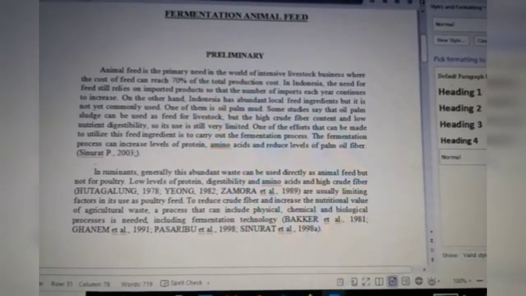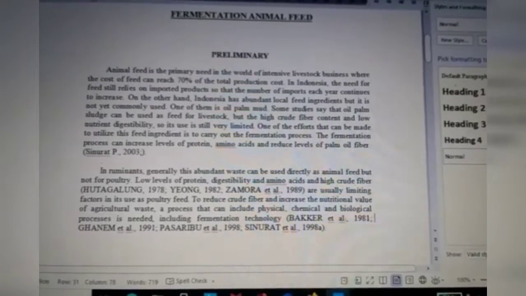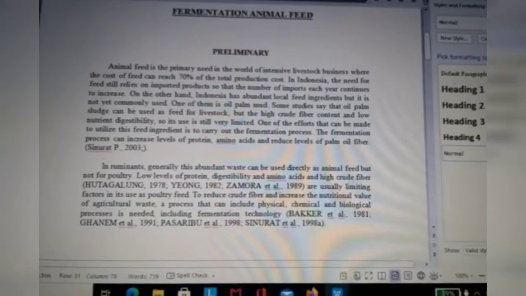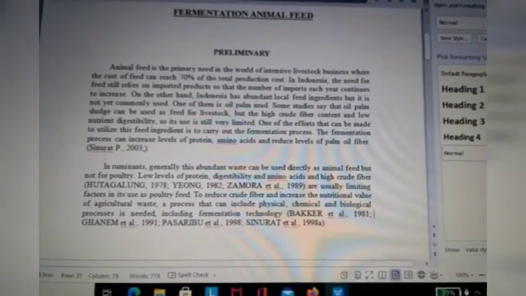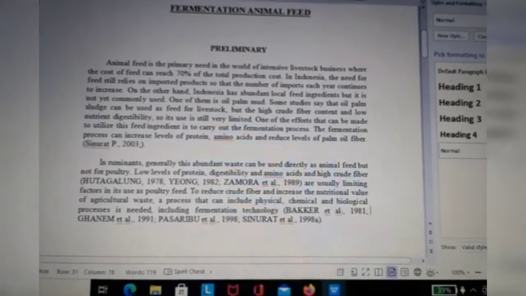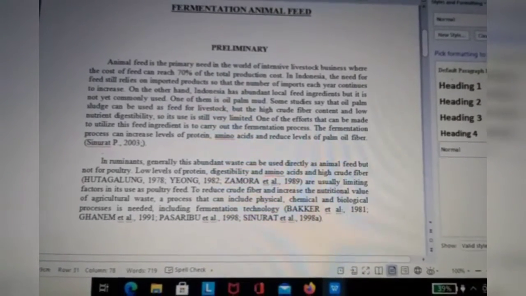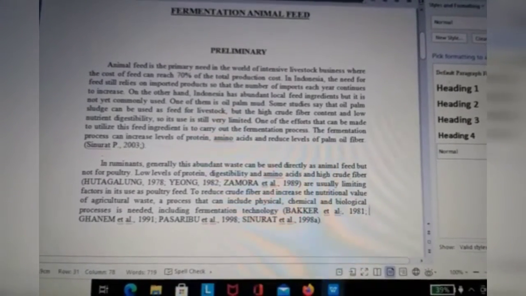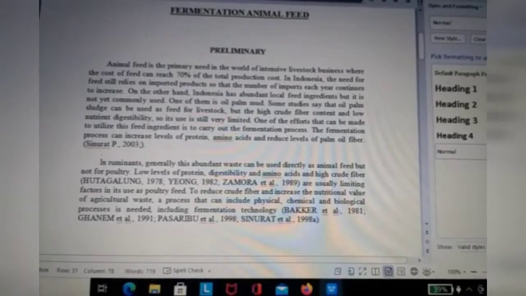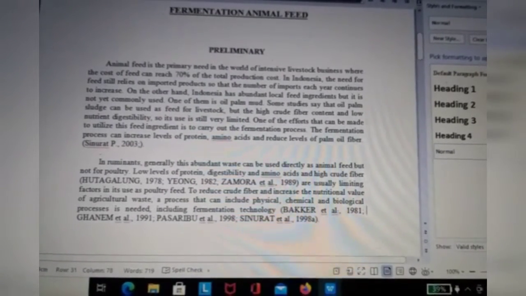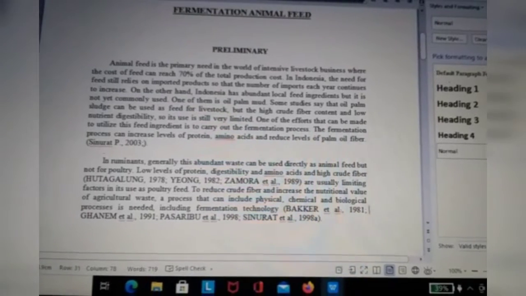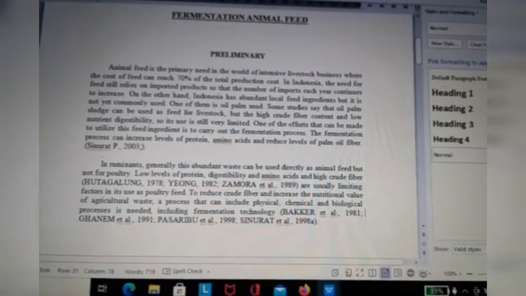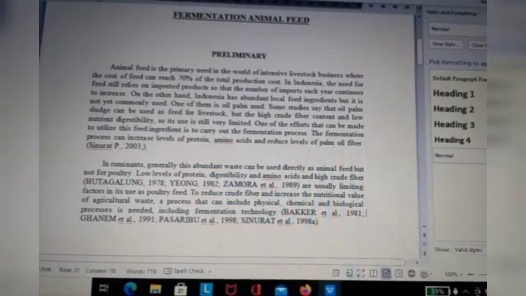Fermentation animal feed. Preliminary. Animal feed is the primary need in the world of intensive livestock business, where the cost of meat can reach 70% of the total production cost. In Indonesia, the need for feed still relies on imported products, so the number of imports each year continues to increase. On the other hand, Indonesia has abundant local feed ingredients, but they are not yet